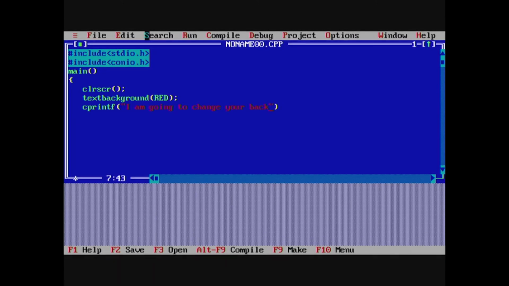I am going to change your background color, then getch, return 0, then close the curly brace.